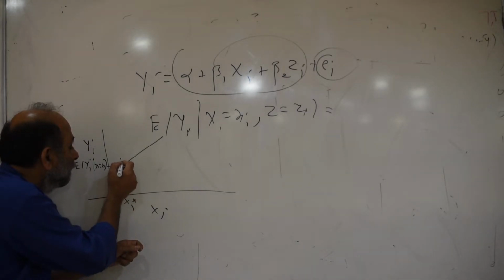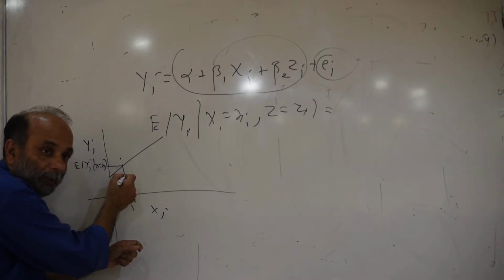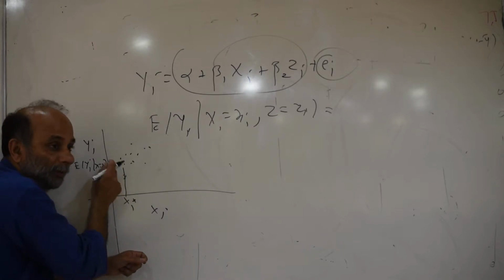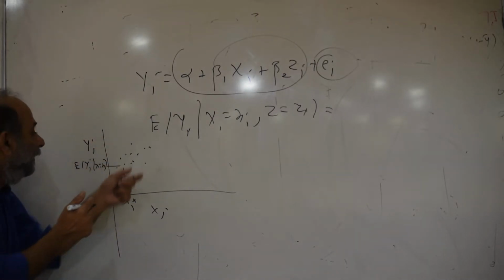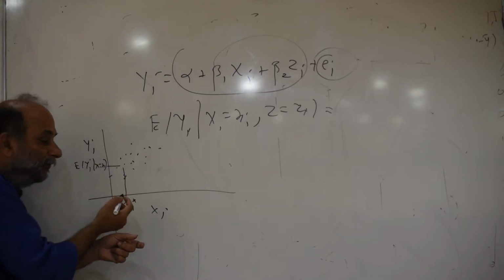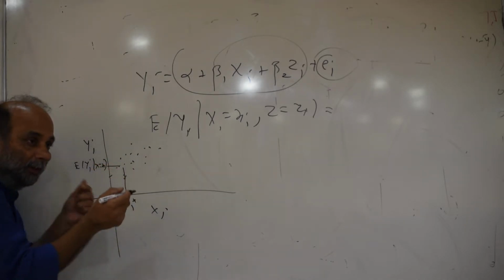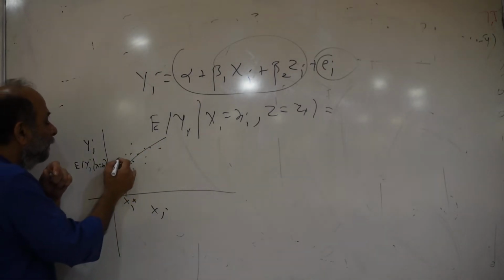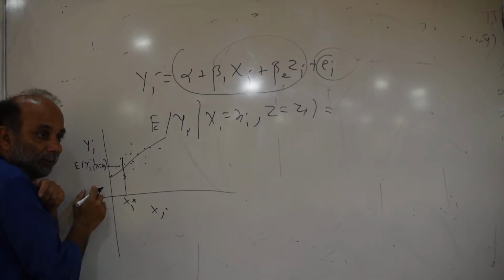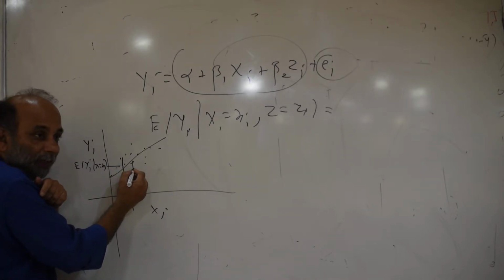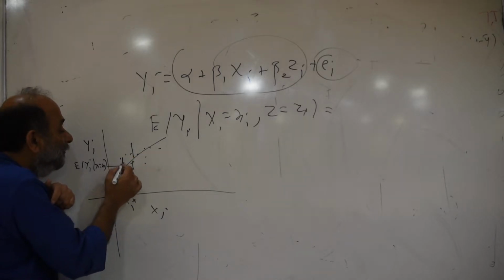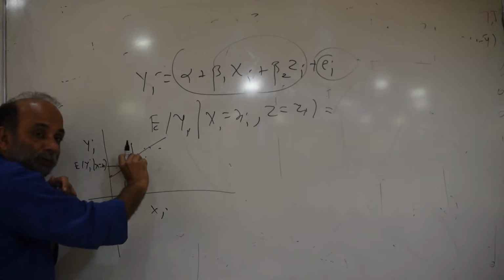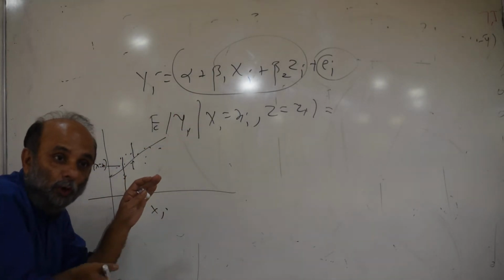But the individual might be somewhere around, right? So in the real world, I don't know this line, I have only these data points. My y and x, I put these data points here. The first household has an income and an expenditure, and I just put a line through them. How do I put a line through them? This is the distance of the first observation, this is the distance of the second observation from the line, the third observation. I fit a line in such a way that the sum of all these distances from the line is as small as possible. The line is as close to all these points.